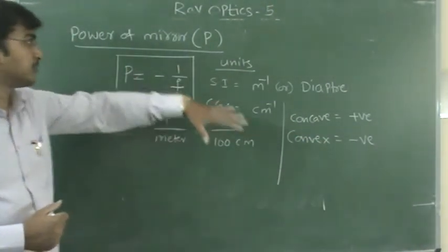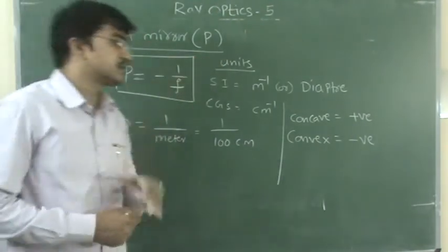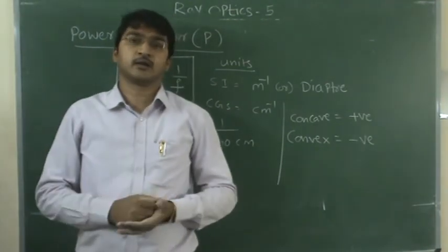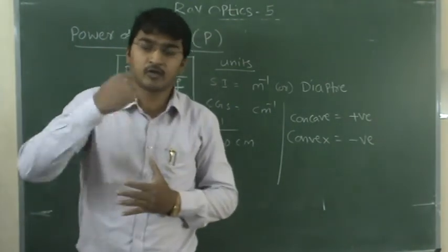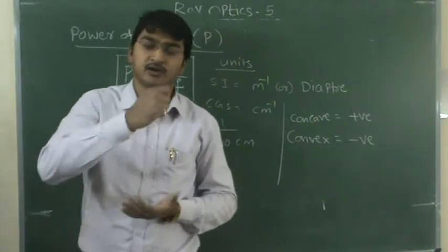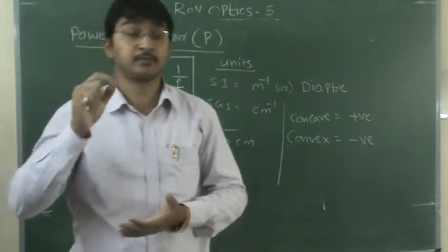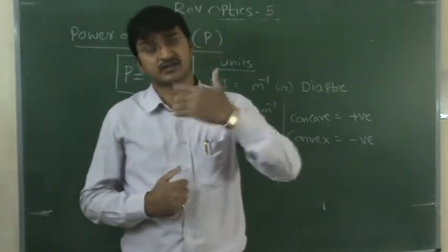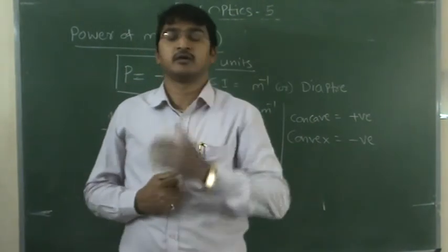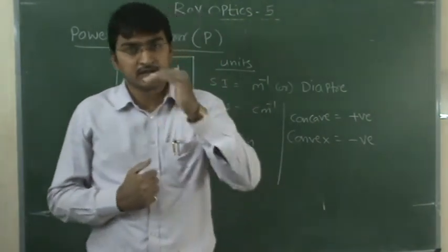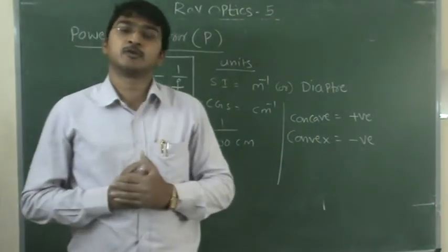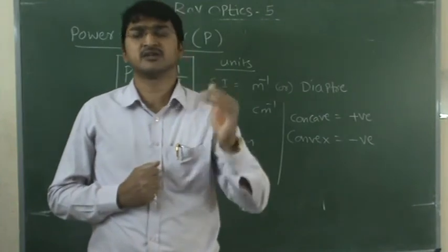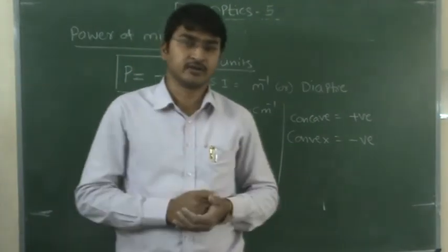So this is about power. What we discussed today: the mirror equation, just go through the diagram again, each and every point as I discussed. The same data I have given in the notes, just follow it once again. It is a very important and compulsory question from the long answer point of view. Next, coming to magnification, I have given extra data including comparative data in the notes, just refer to it. We discussed magnification, that is linear magnification and areal magnification, in short, but the detailed explanation is in the notes.